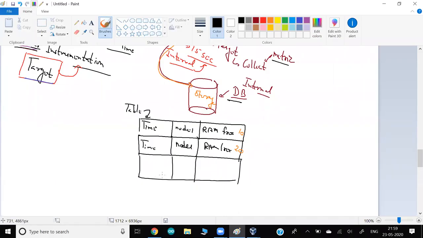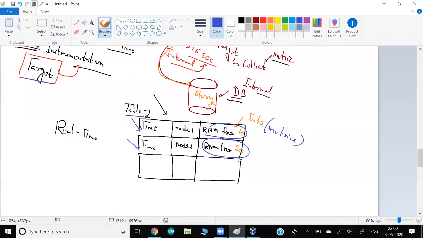Okay, and guys, whenever you keep retrieving information in real time and storing it with that particular point in time, technically the free RAM is my information, and how much RAM is free is my metric.